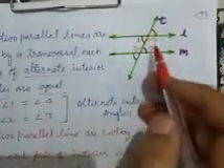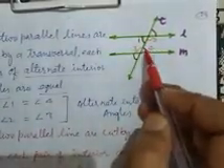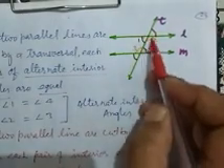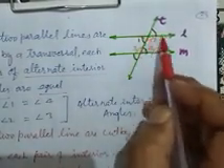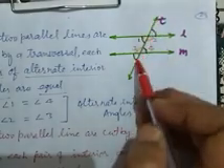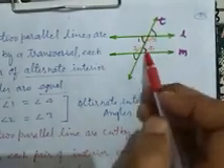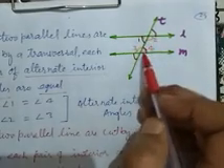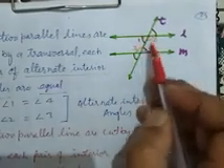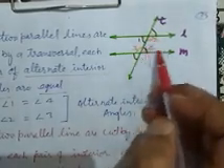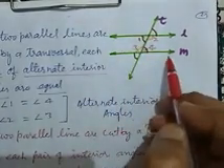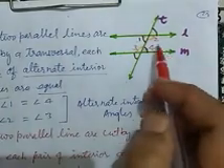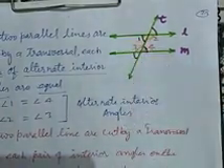Here we can see these are the two interior angles on the same side of the transversal which make a supplementary pair. This is the transversal, they are on the same side of it, so they make supplementary angles. So the pair of supplementary angles on the same side of the transversal means these two lines are parallel. These two statements are converses of each other.